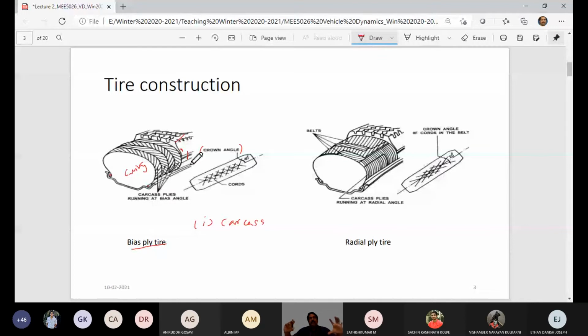So it is under cyclic loading. So it is under fatigue. So there should be a material compound for the sidewall which would resist fatigue, or scuffing, and enhance the life of the tire. The special material is styrene butadiene, which is part of the rubber compound in the sidewall portion of your tire.